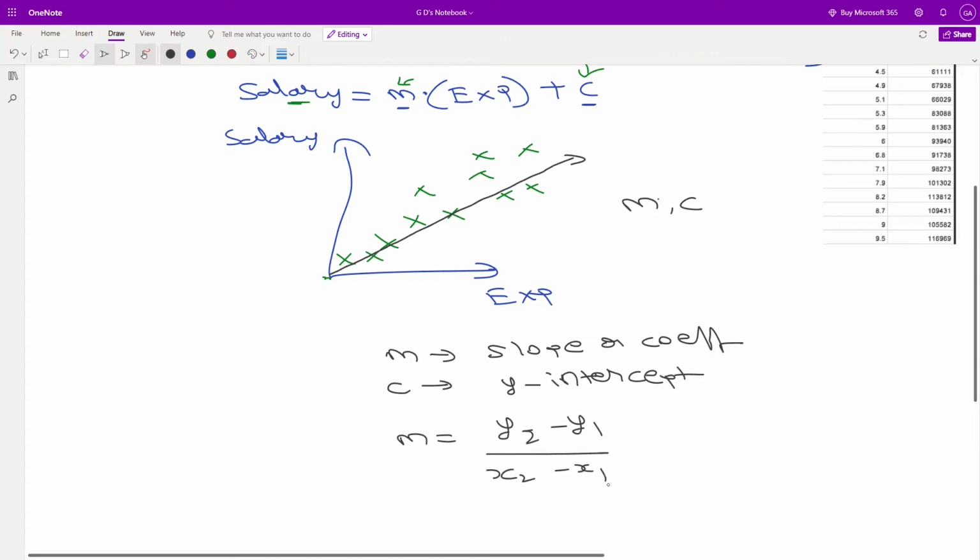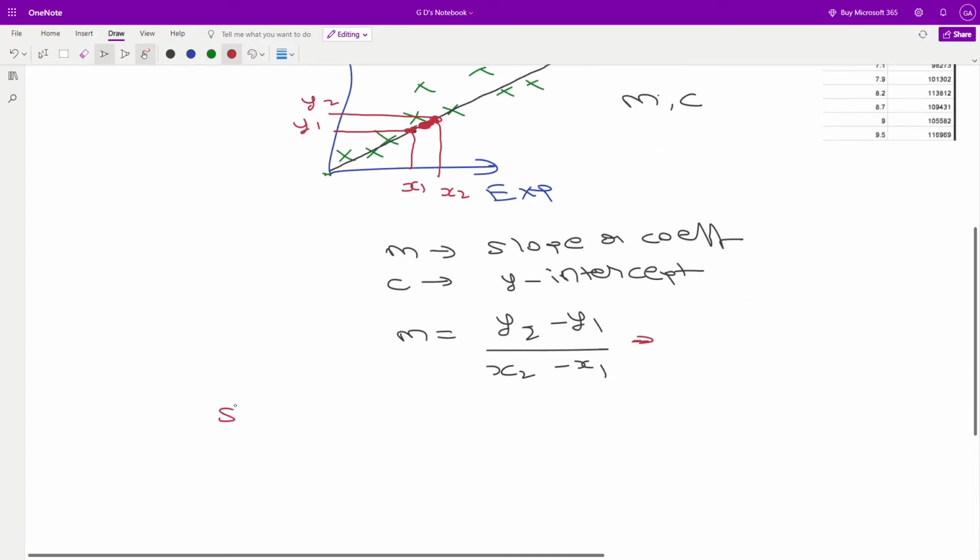So what do I mean by this? For example, let's assume I choose 2 points on this particular line. This becomes your x1 maybe, this becomes your x2. For the respective x1 we have y1, for the respective x2 we have y2, right? And this becomes your slope. So what we are calculating here is the slope. If I talk about the general definition of slope, slope tells us